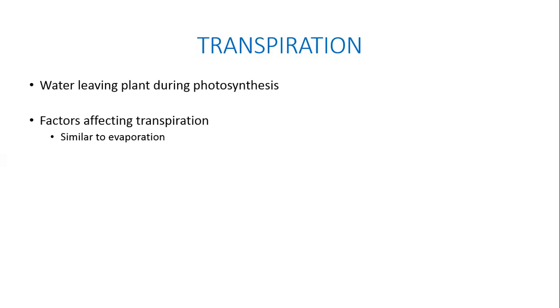In terms of the difference between evaporation and transpiration, there is one significant difference: transpiration only happens during daylight hours. Why is that? Anybody know? Why does transpiration only happen during daylight hours? Sunlight is available only then. Thank you. Photosynthesis happens only during the daytime, right? Because it requires sunlight to happen. So transpiration happens only during daylight hours. Depending on which part of the world you are in, it can last between 8 hours to 12 to 14 hours and so on.